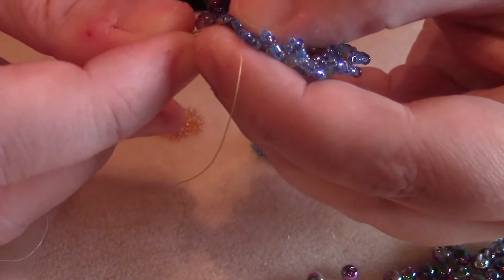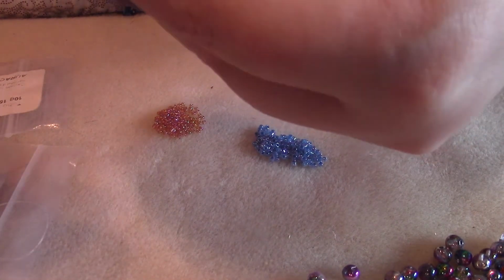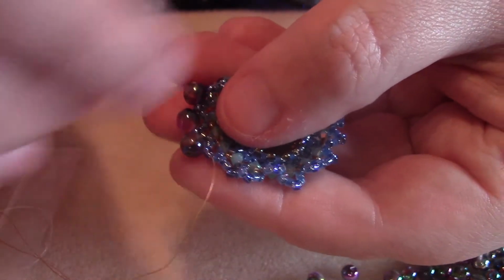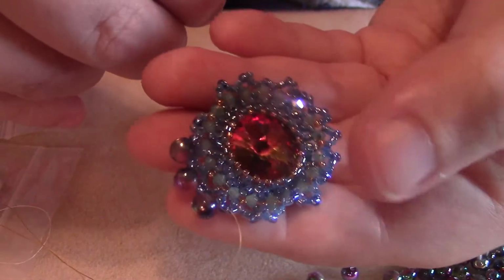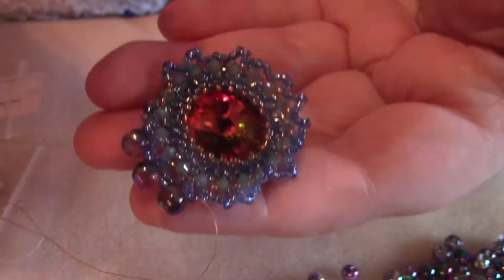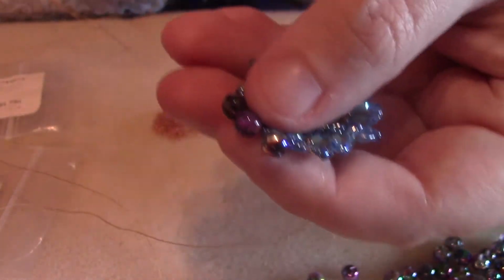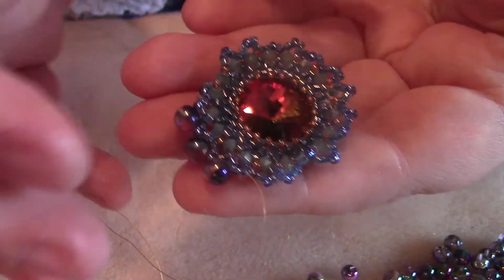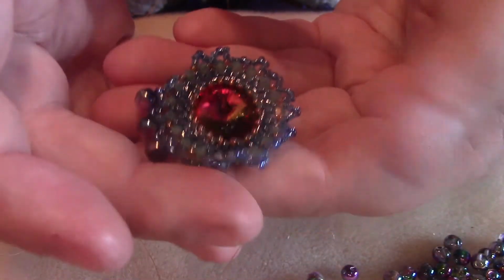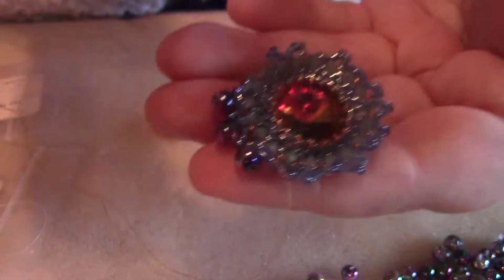It's just so I can reinforce through one hole, and because they're heavy, then move up to the next hole, and then I'll have a new hole that's open and available to me to do more embellishing, and then reinforce through that hole, and then it'll be secure. So it kind of depends where you want to go with this project. If you really want to make it a great big pendant out to here, that's fine, but I would suggest using a 2-hole bead if you're going to do that, just for the extra